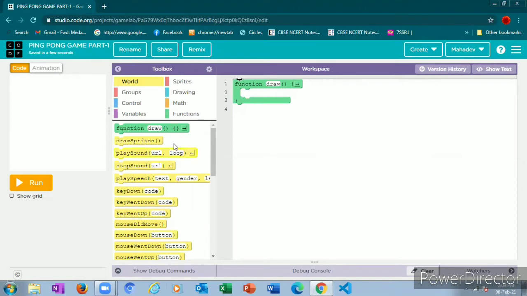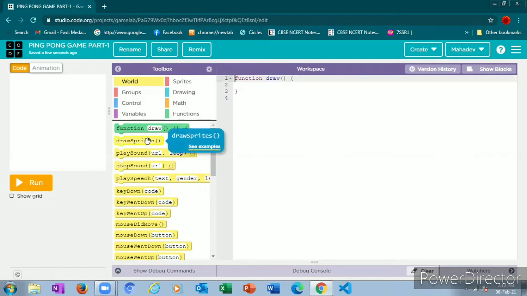And also here we have function draw. While opening create and clicking on game lab, firstly we'll see function draw. Here we have 2 modes of writing code. One is the block mode, where we can drag and drop. The second one is text mode. If you click on show text, it will come like this.